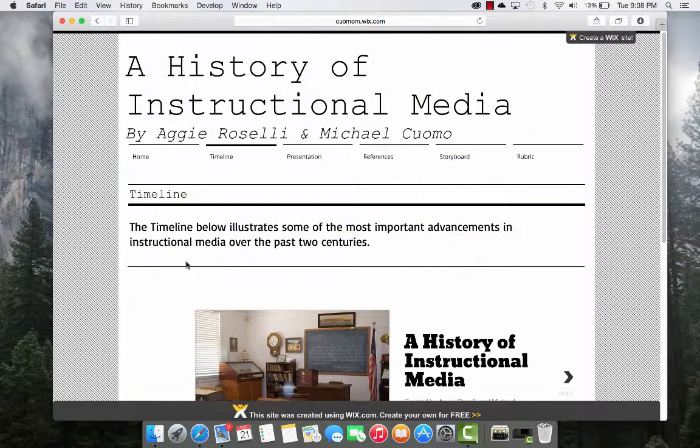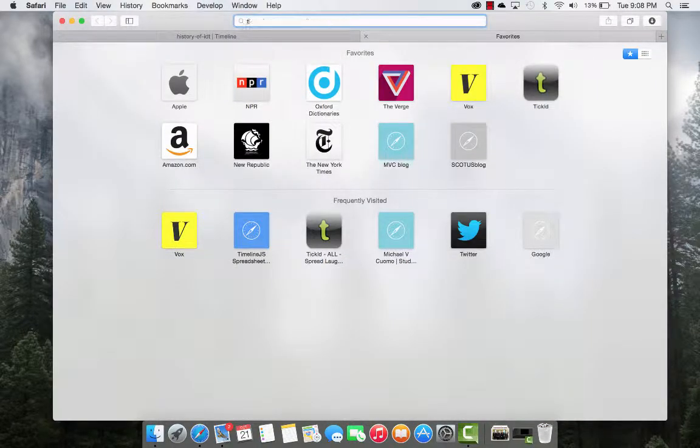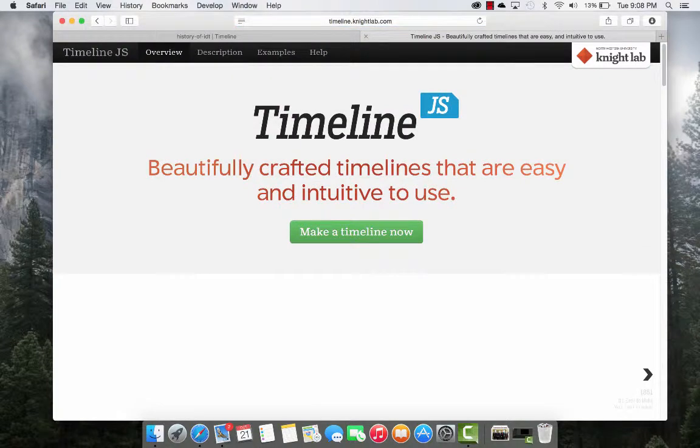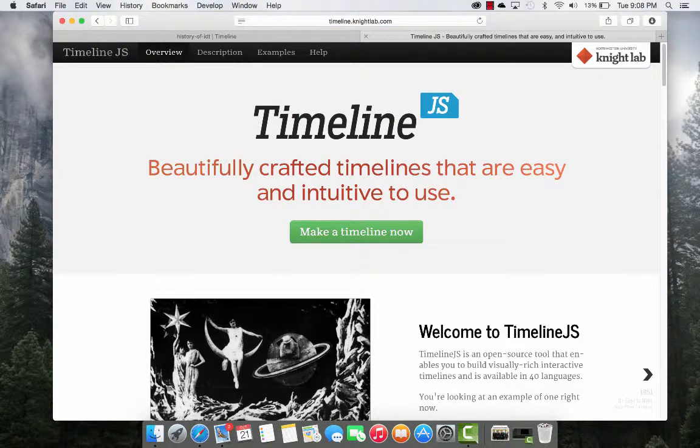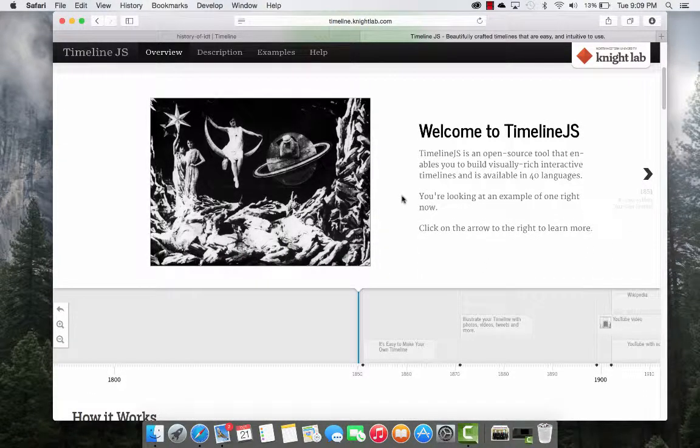This is going to bring us up to the timeline that we put together. If you scroll down, you can see the full timeline right here. We used a really cool tool called TimelineJS. It's by the Knight Lab of Northwestern University. It's a really cool tool to create timelines that are really interactive and engaging. You can have anything from videos, illustrations, pictures, links to other pages, and it puts it together all by